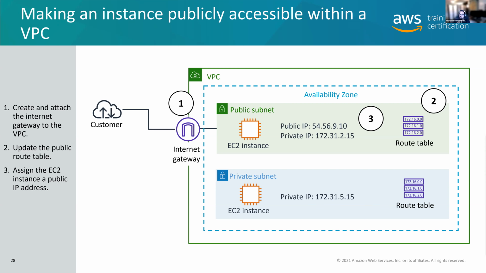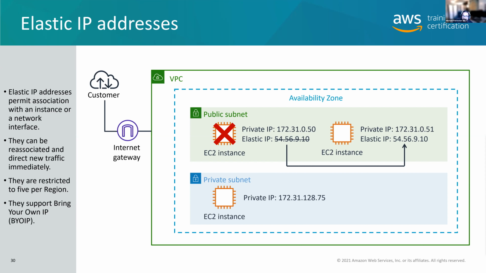The other thing that you can do, other than just using public IP addresses that are auto-assigned from the Amazon pool, is you can statically assign IP addresses to resources. An example of this would be using what's called an elastic IP address. This elastic IP address allows you to assign a static IPv4 address to your EC2 instance. And the cool thing about this is that until you terminate that instance, that IP address is never going to change. If you use the auto assign method, which is the default inside of a VPC, when you assign an